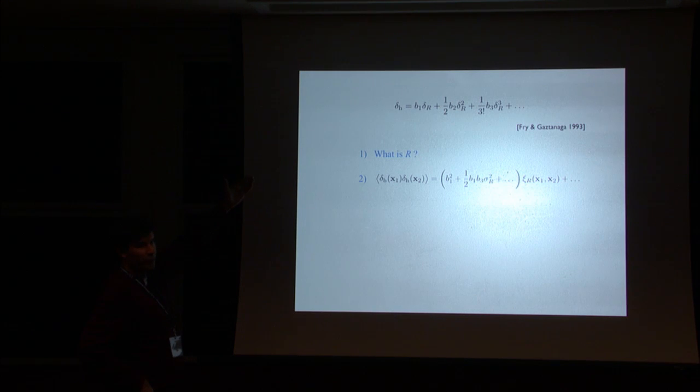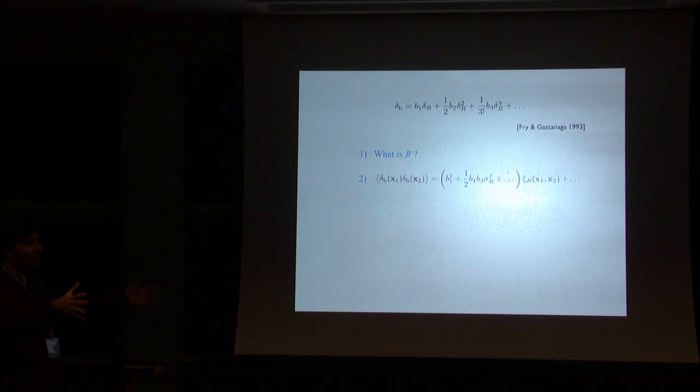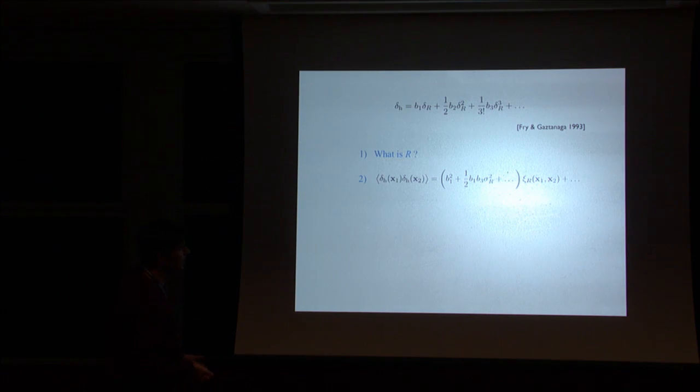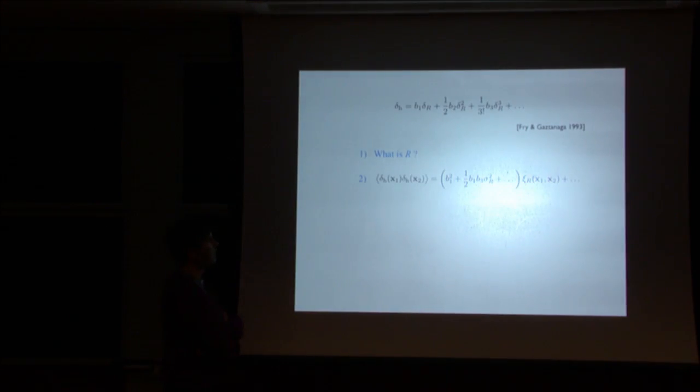So what we usually do is take a local bias approach, and we write down the halo density and expand it in a series as a function of the density smoothed on some suitable scale R, and then the bias coefficients are the Taylor coefficients of this series expansion. So in this calculation, when you start with this model and compute correlators, there are two issues. The first of them is which smoothing scale you should take in these calculations,